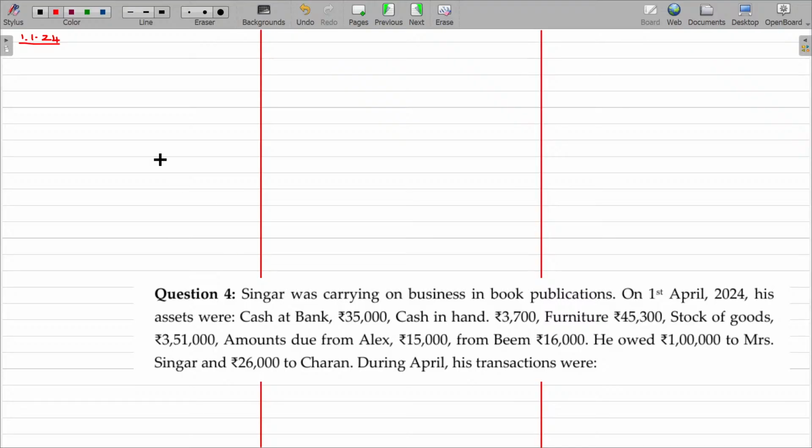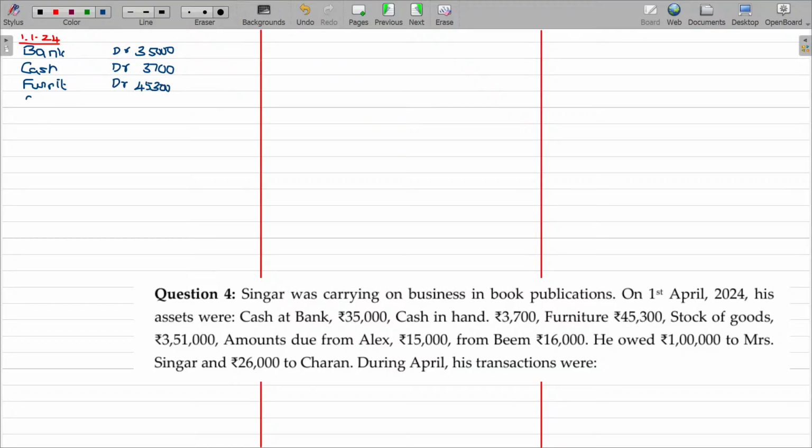We have assets as well as liabilities. All the assets are going to be debited. What are the assets we have? Okay. Cash at bank, or simply name this being bank. Bank account debit, value being 35,000. Cash account debit, the value being 3,700, and furniture account debit, the value being 45,300,